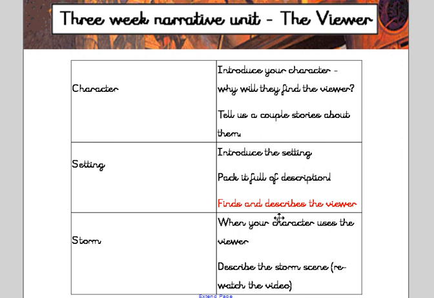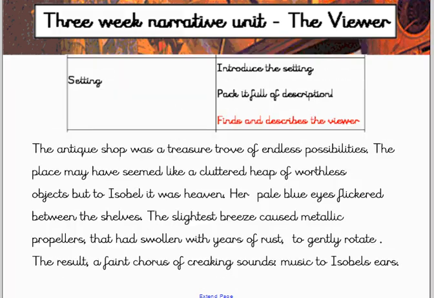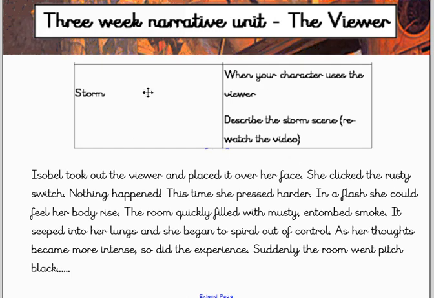So lots of this you've already got, but I do want it rewritten today. I want it written out all together, in one piece, one draft writing. We know our draft is a really important piece of writing, isn't it? So just broken down, these are my sections, I'll put these all together, and create one story today.